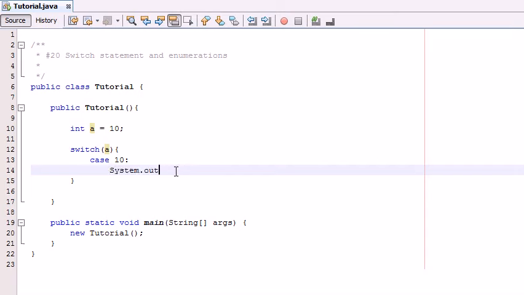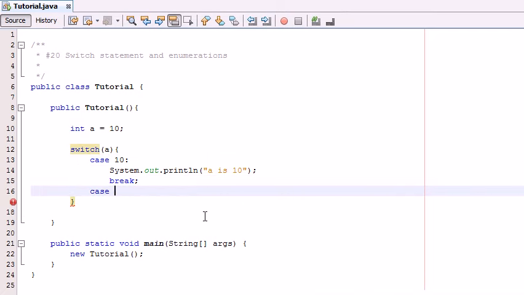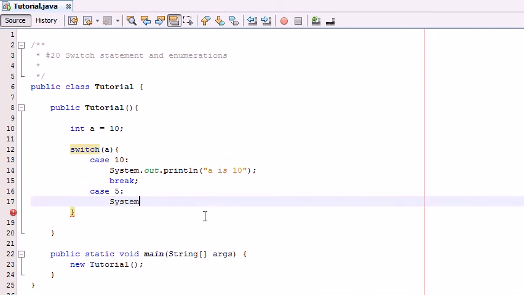For the purposes of this example, I'm simply going to print it out. System.out.println, a is 10, like so, and then we can do something called break. We're going to go down the line and write the keyword break. If you remember the keyword break from the while statement and the for statement, it basically breaks out of the loop. In the switch statement, we need to put it after every single case, because say we had another case, in the case of a being equal to 5, for example, System.out.println